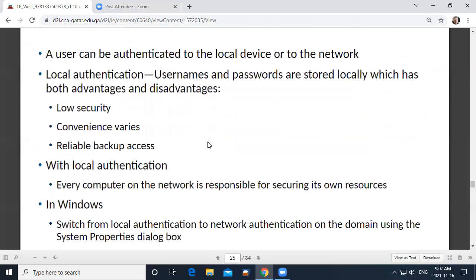So let's talk about authentication first. I hope that you're familiar with this. As I said, this is the kind of thing that everybody runs across in their normal life. So you have to give some kind of authentication. Maybe you've got a local authentication with usernames and passwords. It has some advantages. It's very convenient, but it's a bit low